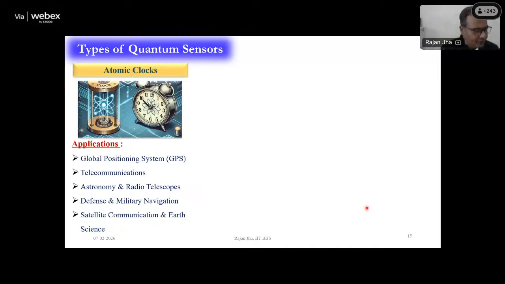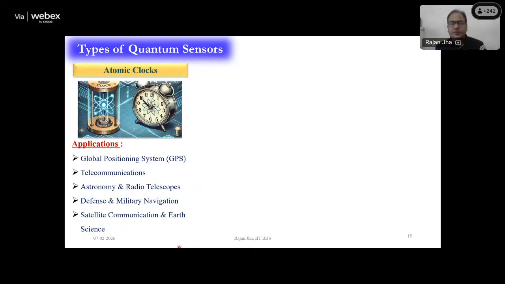So all of us are aware about GPS. These are atomic clocks, so these are already in use. So people are using this. This is one example, you can say, of a quantum system which is already in place. These global positioning systems are largely based on this atomic clock, which utilizes the concept of quantum physics. And it has a lot of applications, needless to say, in telecommunication, astronomy, radio telescope, defense, military, and satellite